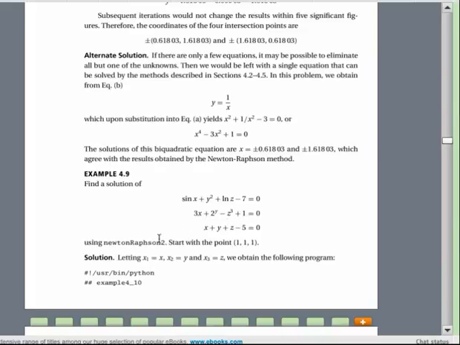The goal is to use the Python module we just talked about, and you have to have a starting guess. So the starting guess is going to be 1, 1, 1 for x, y, and z. So we'll assume the first position is x, the second position is y, the third position is z. And you can automatically say that we know it doesn't satisfy the third equation because 1 plus 1 plus 1 is 3, and 3 minus 5 is not 0. So one might argue you could do a better job of choosing, maybe this first one to be a 3. But be that as it may, we'll do what the book does and start with this particular initial guess, and then